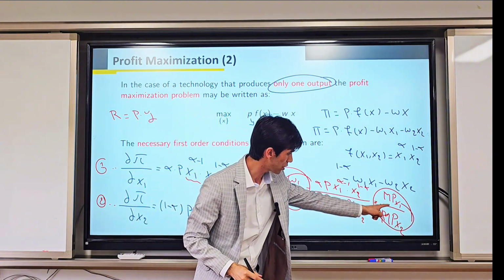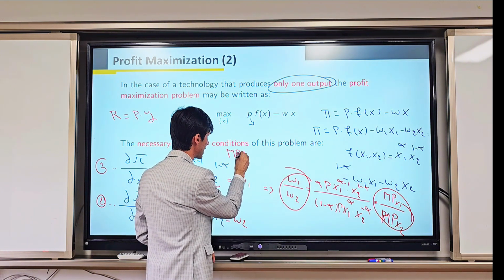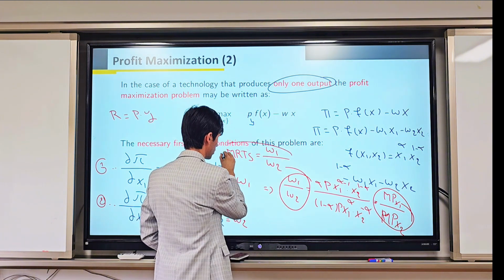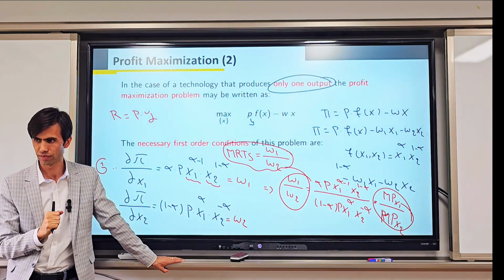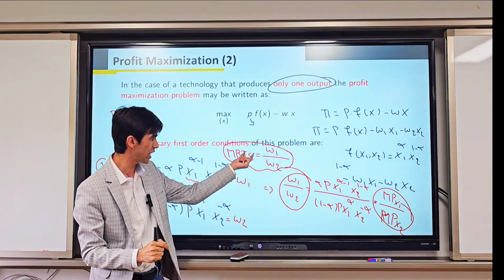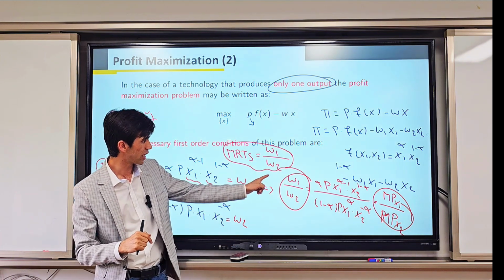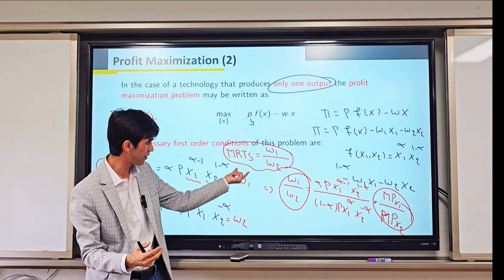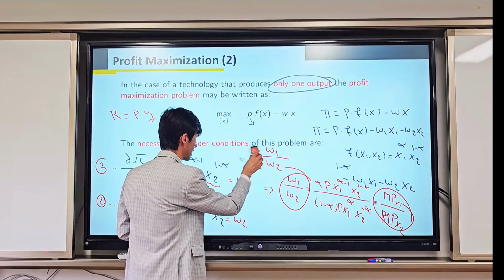And we know that the marginal product of x1 divided by the marginal product of x2 is the marginal rate of technical substitution. It should be equal to the price ratio. If you remember, we had a similar condition for the case of utility maximization. In the case of utility maximization, the marginal rate of substitution should be equal to the price ratio. There it was P1 over P2, but here, because we are talking about inputs, it's W1 over W2. So for profit maximization, when we have this condition, we can maximize our profit. And also another simple way is that